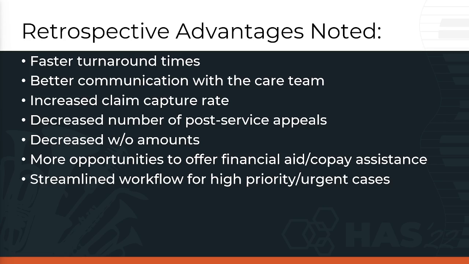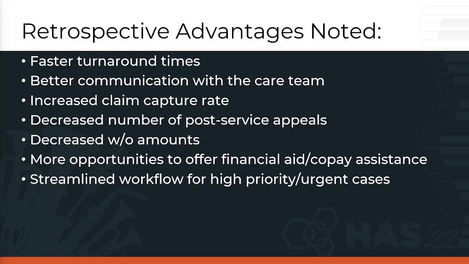And then we were able to identify more opportunities for financial aid, like copay assistance for patients, because we had a little bit more time, a little bit more breathing room to meet with more people. And so people came to look at us as sort of an angel for them, in the sense that, yeah, they might have a 20% coinsurance, but surprise, we're able to enroll you in this copay card for rituximab, and we're going to wash that all away. That was a really big thing we were able to do.